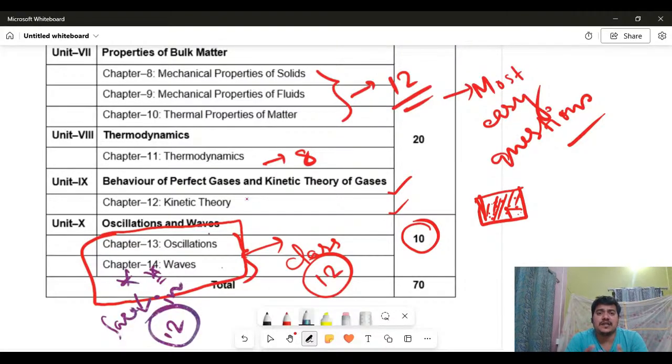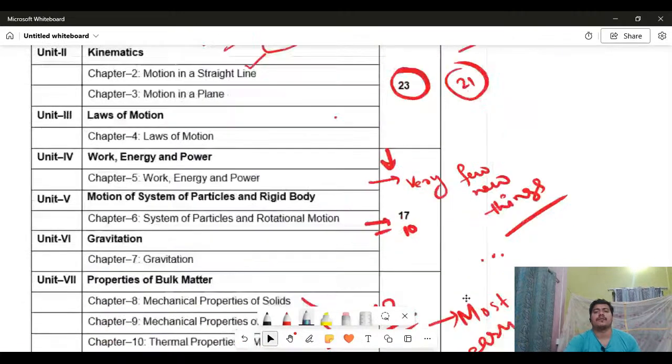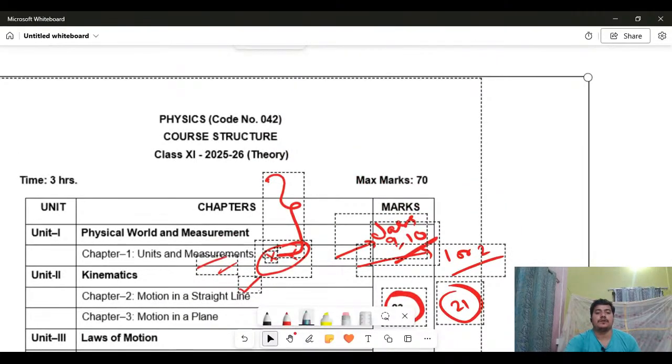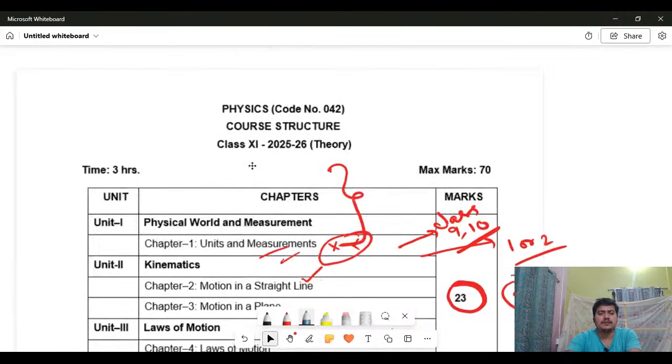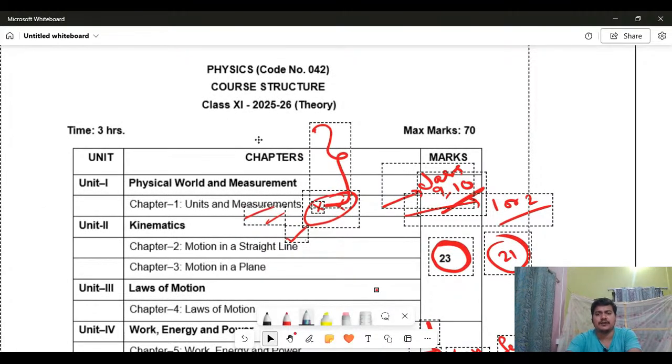So these are all the chapters I was going to discuss with you, and one by one, every day I will discuss one chapter, starting from units of measurements. One live class will be there. Those students who are seeing live, no problem. Few students take offline tuitions from me, so they will be seeing. They gave me the idea that if I make a video, they can learn from it after the classes. So I thought if I post a video, it will be for them only.